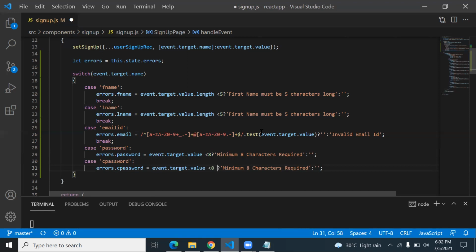So what you can do is write an AND operator, and no, first we will go for only one. Save this.